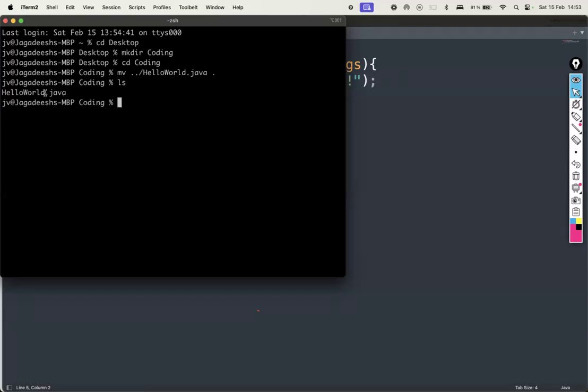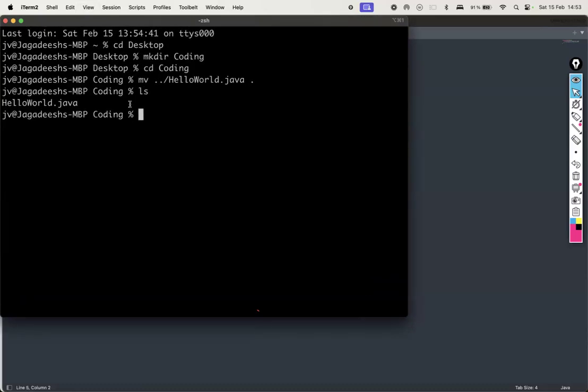Okay, I have my Java file here in a folder. Now if I want to run this program, first I need to compile it. At the beginning of the session, someone mentioned Python is not a compiler based program. Python is an interpreted based. But what does compiler based mean?